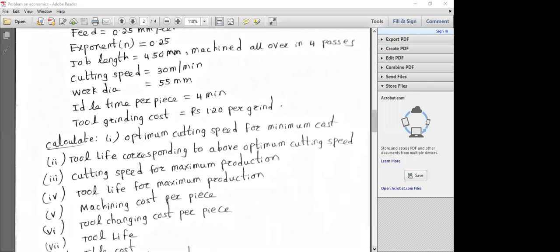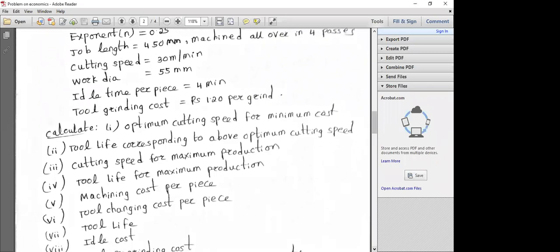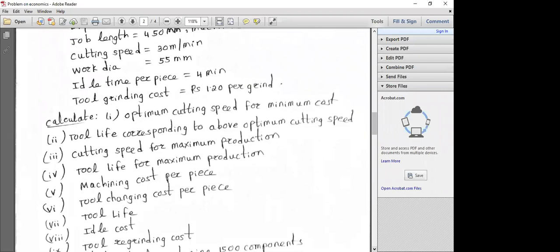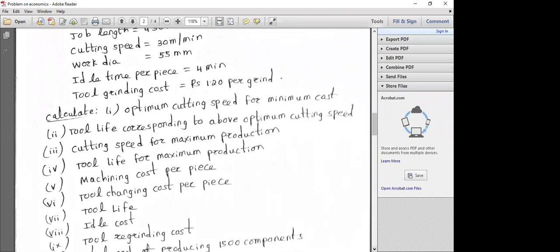And he has asked the tool life. Tool life is simply given by T. Ideal cost he has asked. What is the ideal cost? Yesterday I told you, some particular terms are there. You just try to remember, because you have to be very careful. Ideal time is TI, but ideal cost also we'll just try to see what it is. Ideal cost per piece is equal to K1 into ideal time per piece. What is K1? K1 is the operating cost.